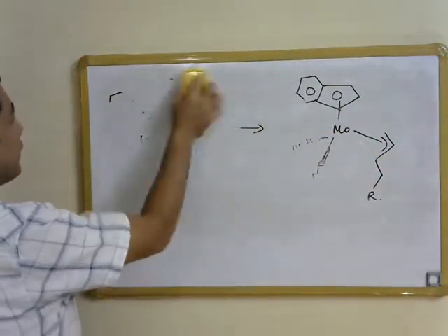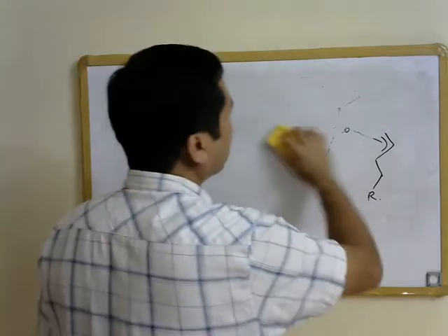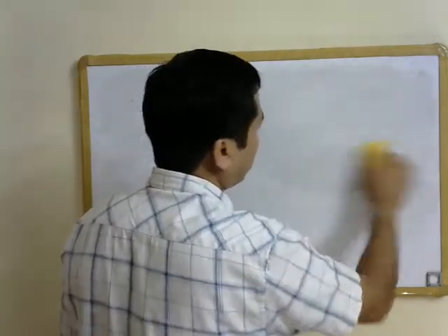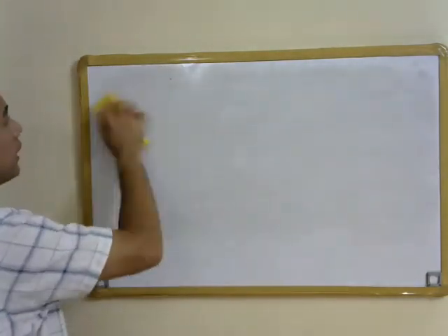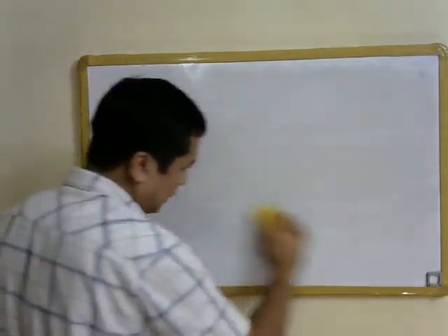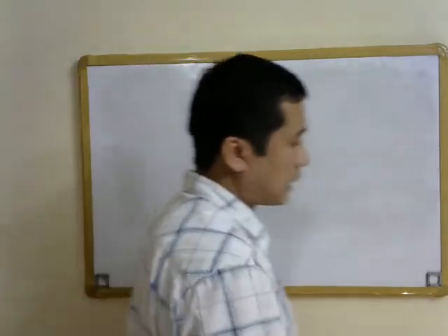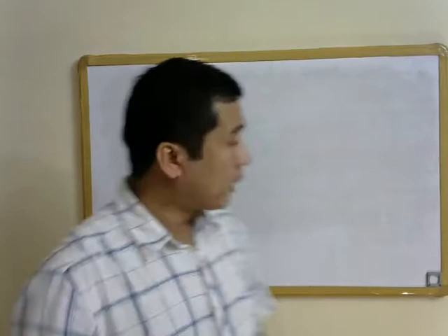So again we have seen how one can prepare metal allyl complexes starting from metal diolefin complexes either by electrophilic addition or by nucleophilic addition reaction. The diolefin ligand essentially gets transformed into an allyl ligand. Now we will discuss two other procedures for preparation of metal allyl complexes. In one of these cases,